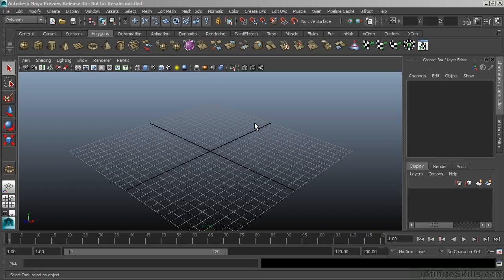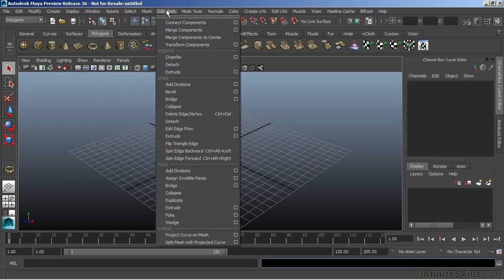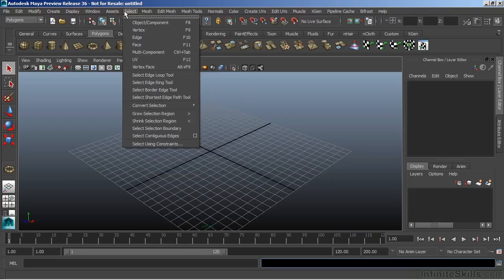This may seem confusing at first. Over time, however, you'll gain an appreciation for being able to achieve your goals in a multitude of ways. Across the top of the screen are the main menus. Through these drop-down menus, you can gain access to all of Maya's major functionality, everything from object creation to rendering